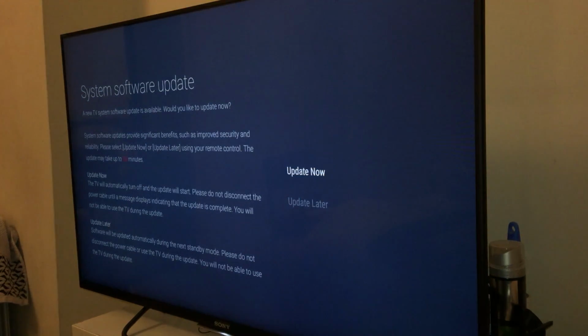So it says system software update is available. A new TV system software update is available. Would you like to update it now? So it's going to take about 30 minutes. It's just telling me about the update, and so I'll just go ahead and hit update now, and yeah, basically it'll start updating it,